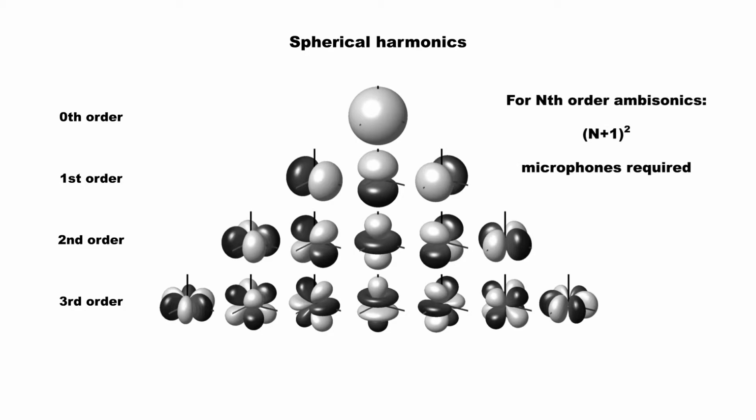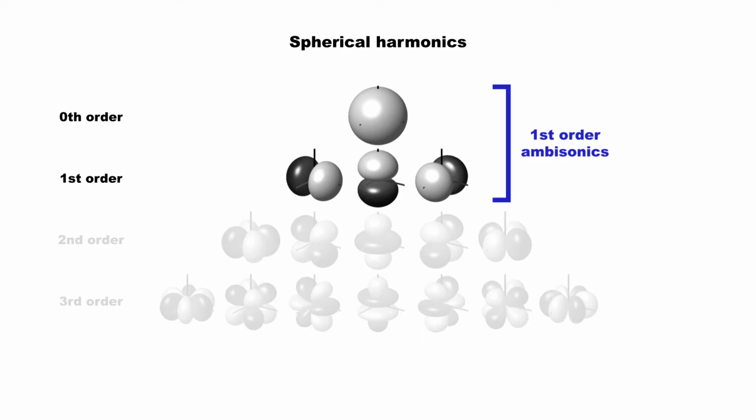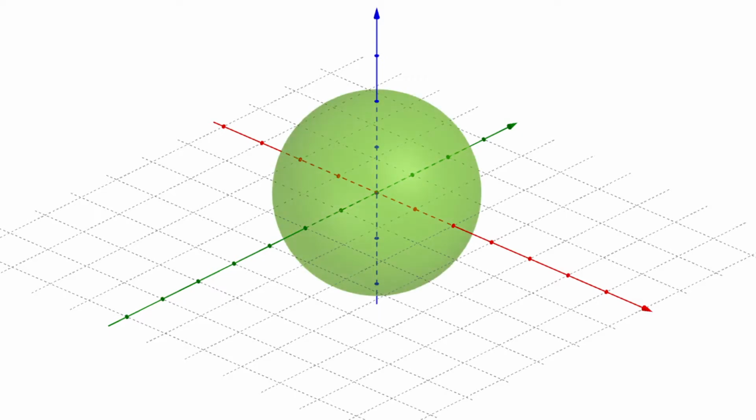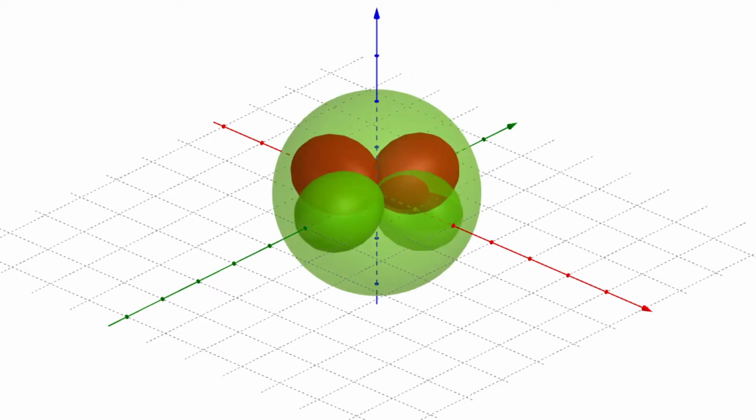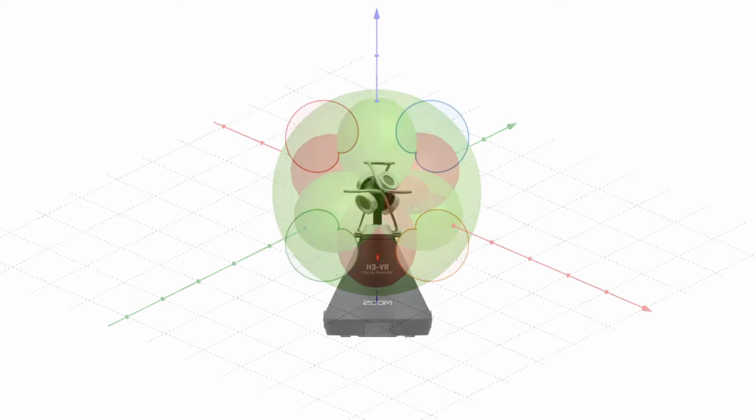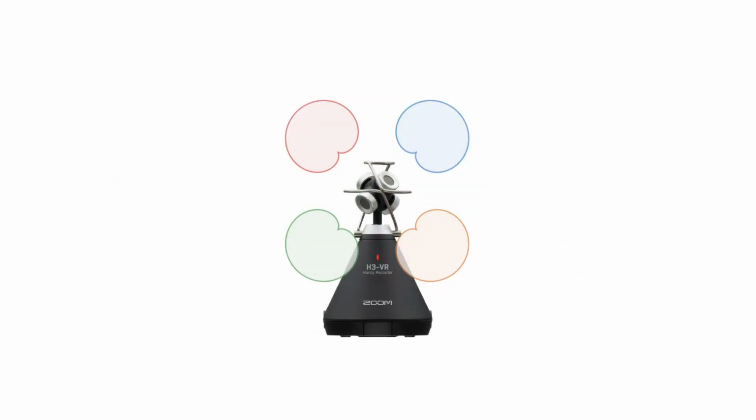For nth order ambisonics, at least n plus 1 squared microphones are required. For example, first order ambisonics, the lowest possible order, would record an impulse response using 0th and first order spherical harmonics. The 0th order spherical harmonic would describe the omnidirectional sound, while the first order spherical harmonics describe the sound components in the x, y, and z directions. This corresponds to what would have been measured with one omnidirectional microphone and 3 perpendicular figure-of-8 microphones at the same position. In practice, other configurations are used, for example, a set of 4 cardioid microphone capsules in a tetrahedral arrangement, known as a sound field microphone.